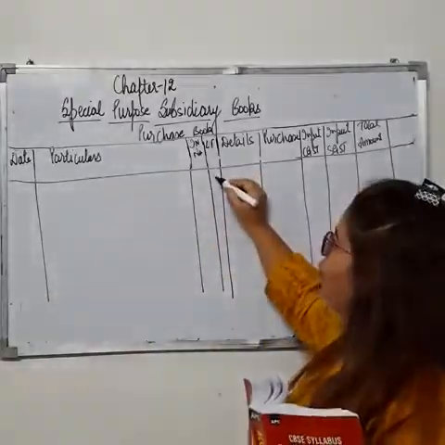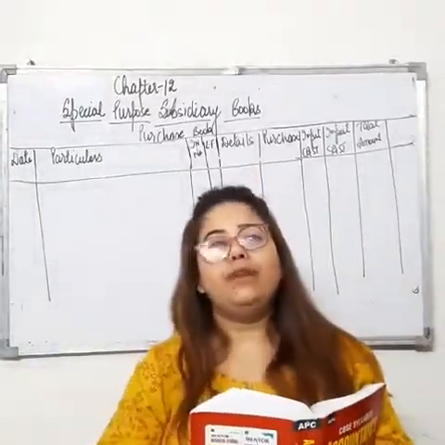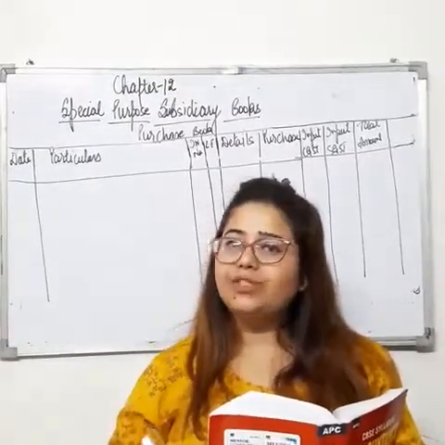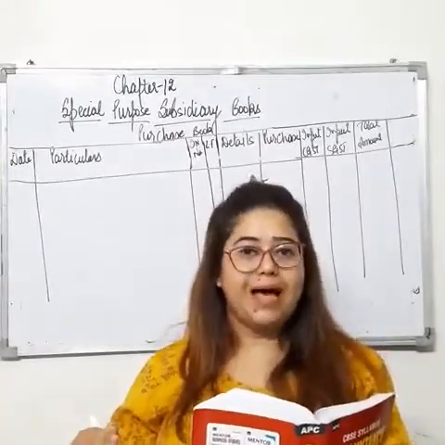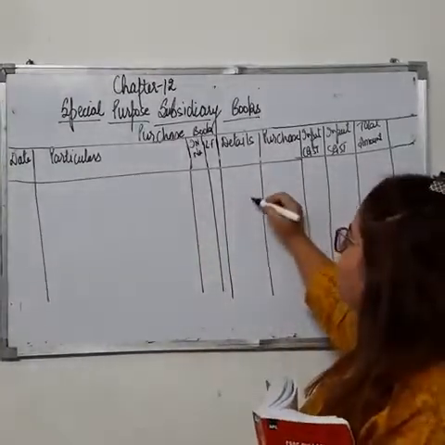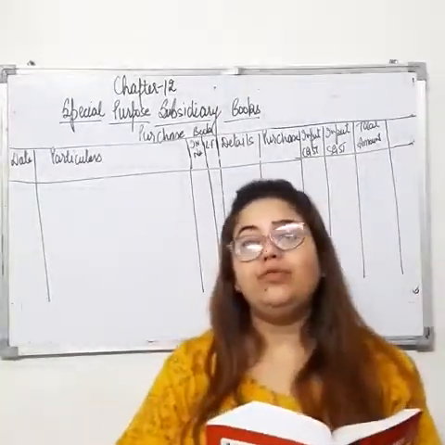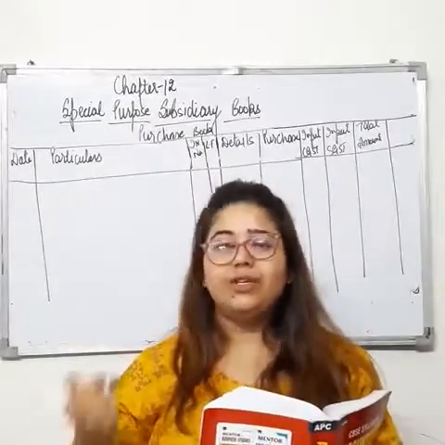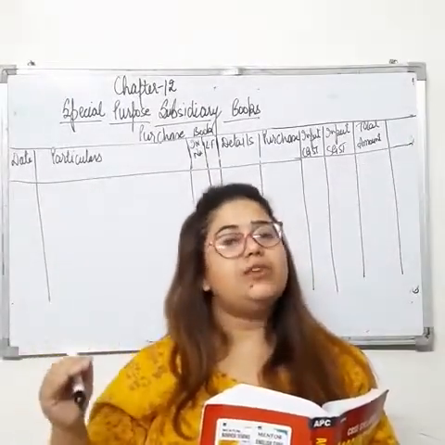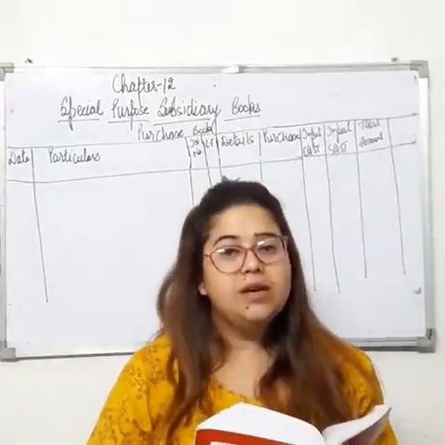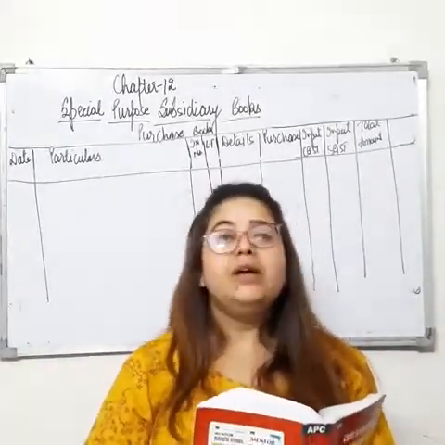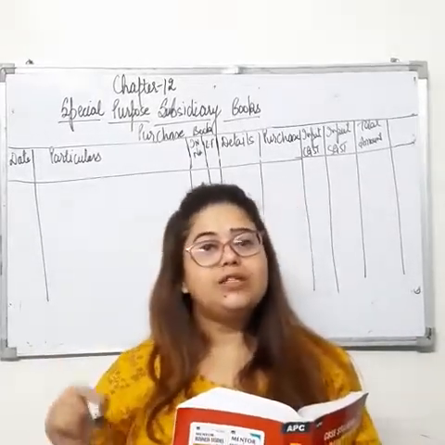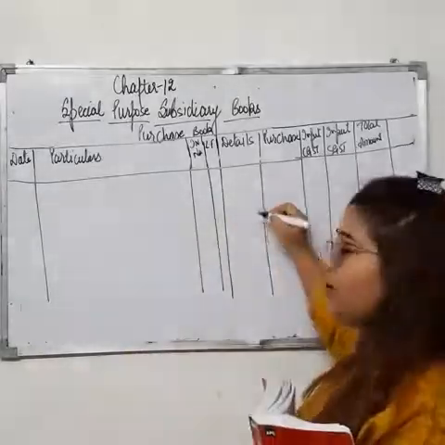The next is ledger folio. Ledger folio is the page number of the ledger where that particular transaction exists. If it is given in the question, then write it down, otherwise leave it blank. The next one is details. In details, not only do we write down the amount, but we show a little calculation. Firstly, you total all the transactions that occurred on the same day. Then deduct trade discount from that and add GST. All these calculations we show in the details column.